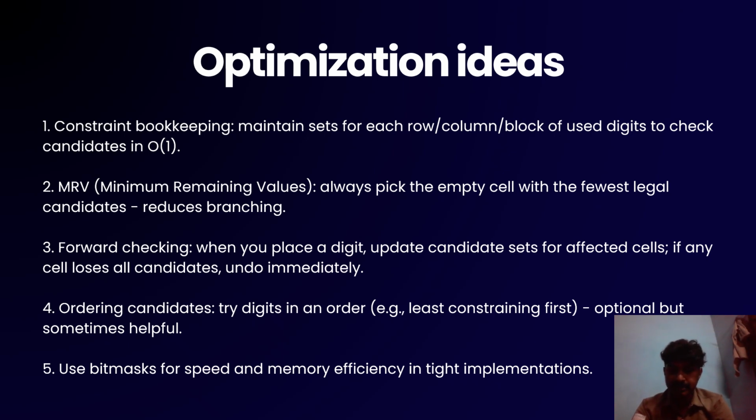Ordering candidates: try digits in an order, for example least constraining first and most constraining last. It is optional, but sometimes it is very helpful. Use bitmasks for speed and memory efficiency in tight implementations. And that concludes our presentation on a Sudoku